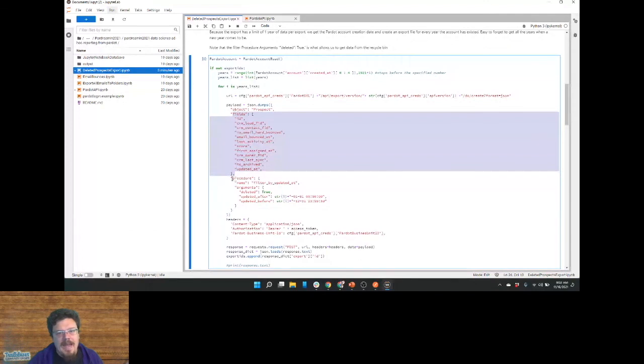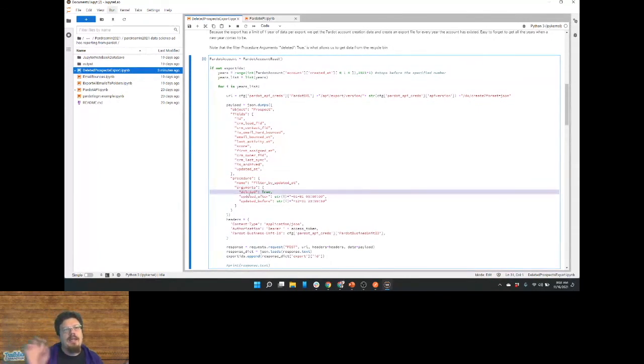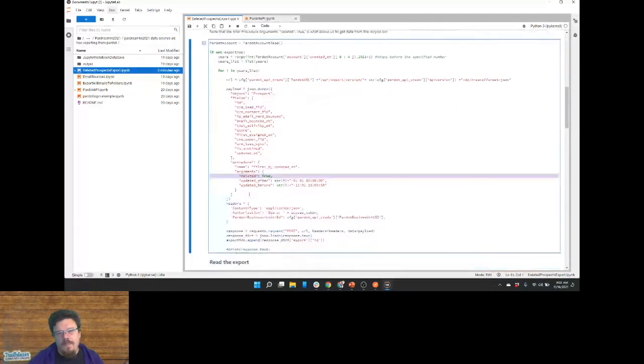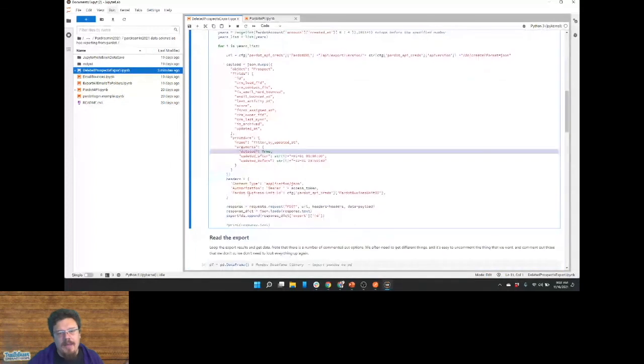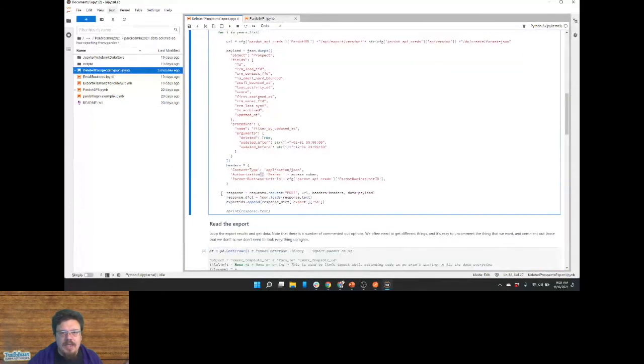And what makes the magic happen here is in the arguments section, where I'm saying deleted equals true. This is where I can get just the deleted prospects using the API. That's the magic of what makes this particular thing happen. Then I pass in that login piece that I need to carry to use the login and get the data, and I'm appending the results into a variable called export IDs.